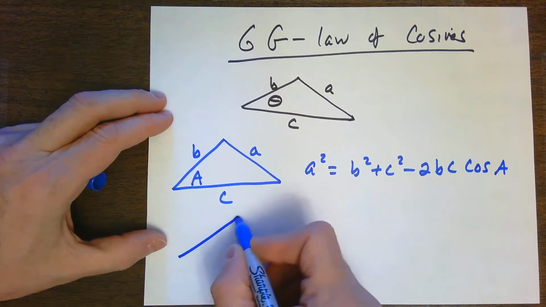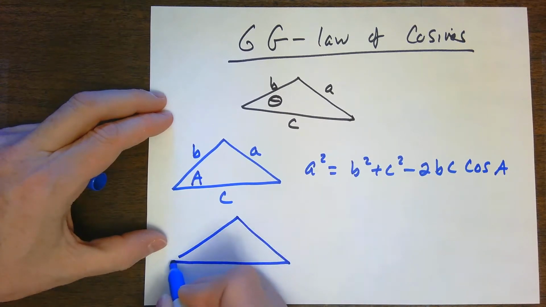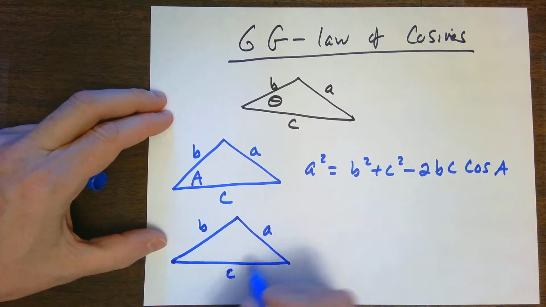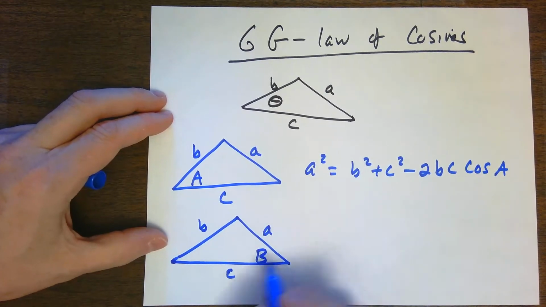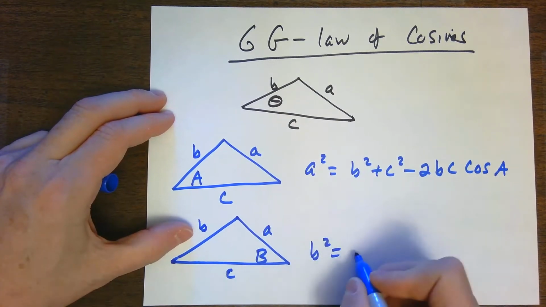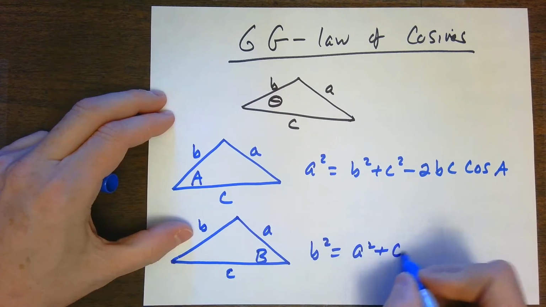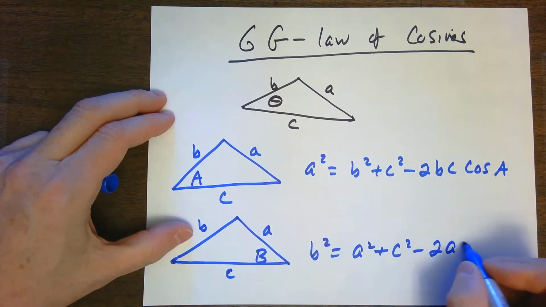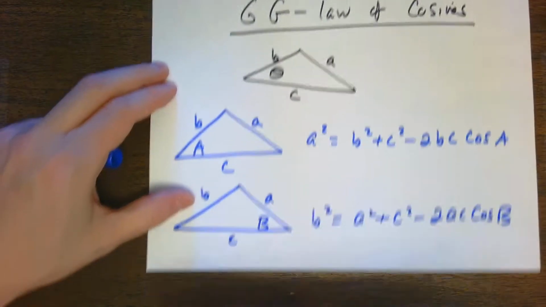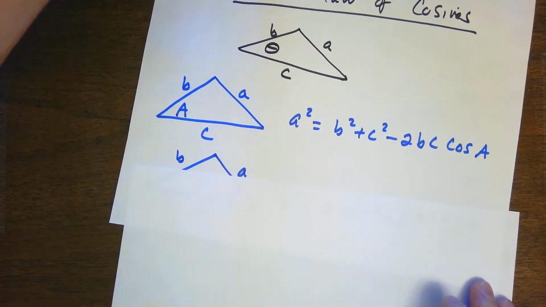Another variation of this is, suppose I say AC, little b, little c, and this time angle B. Well, the side opposite from it, b squared, is going to be a squared plus c squared minus 2ac cosine b. And of course, the third variation here